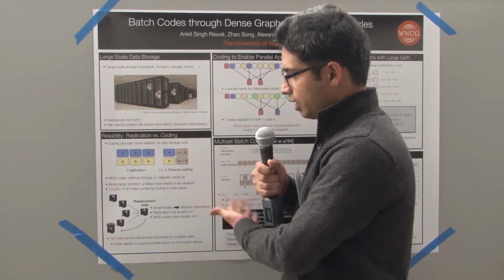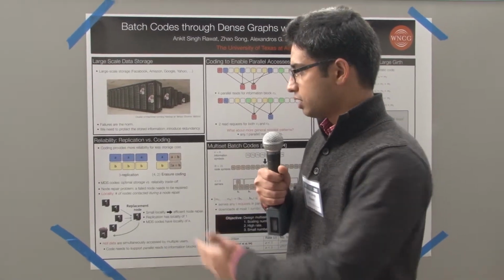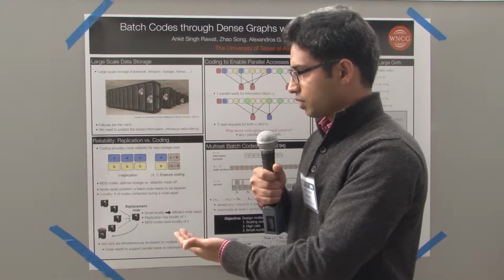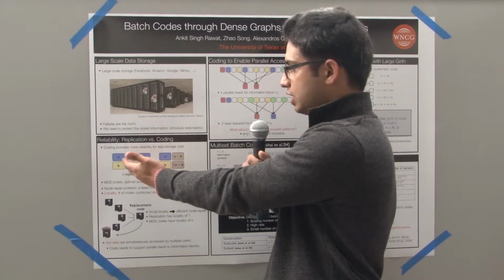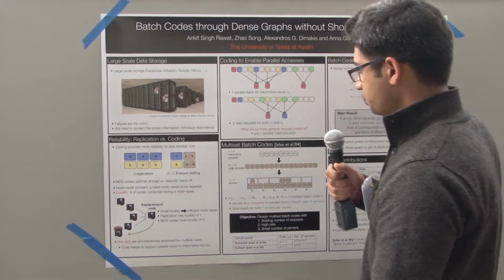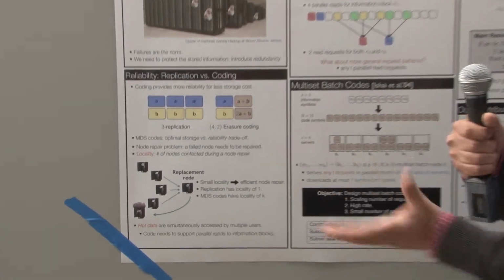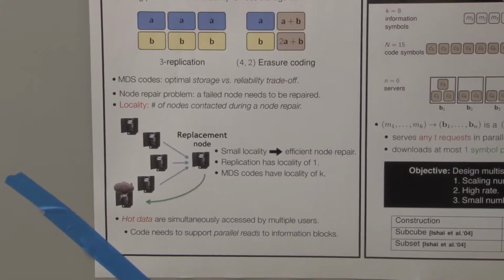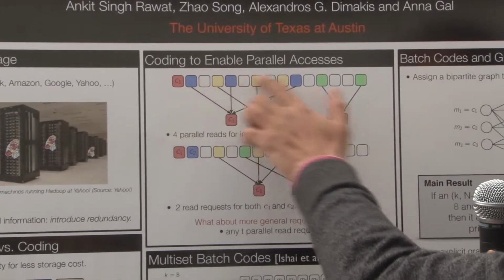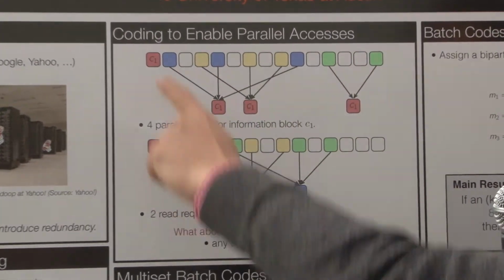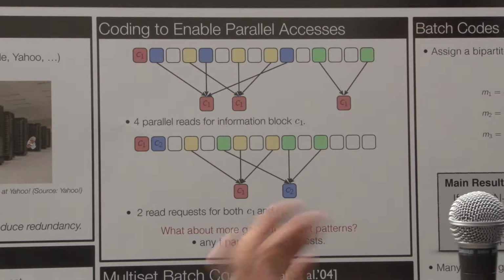So what we did in this paper is explore whether there are coding theoretic solutions which allow us to support parallel requests and not suffer this rate loss. So if you want such a code, what should be the structure of those codes? So here is a toy example. Imagine that you have this storage system where these blocks represent storage nodes, and this node is storing some symbol C1. And you have 4 guys who want to download C1.